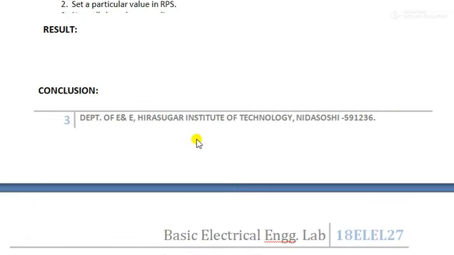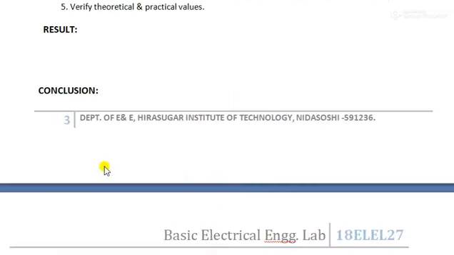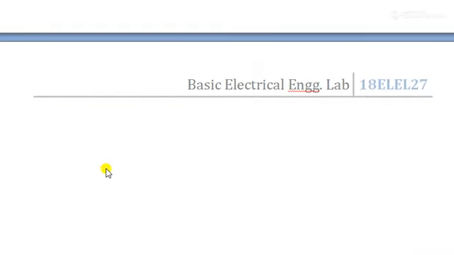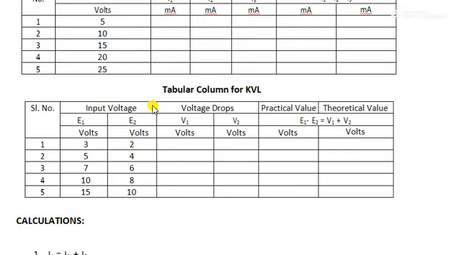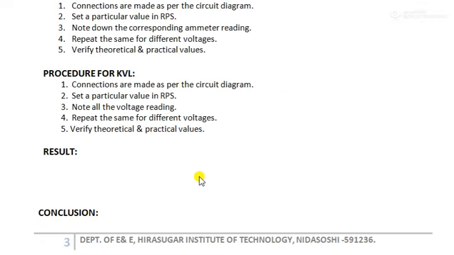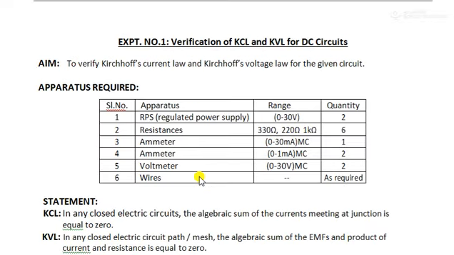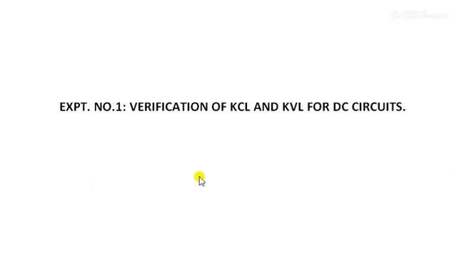And finally you can write the result of this experiment and the conclusion for that, and you need to write some viva questions and answer them. The conduction part of this will be seen in the next video. The conduction part of one video we have made here, so that will be available, so that you can see it in the next part. That is, we can mix this conduction as well as theoretical. So this is about experiment number 1, that is verification of KCL and KVL for DC circuits.